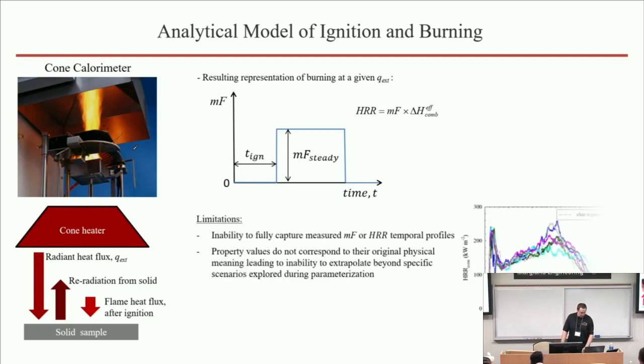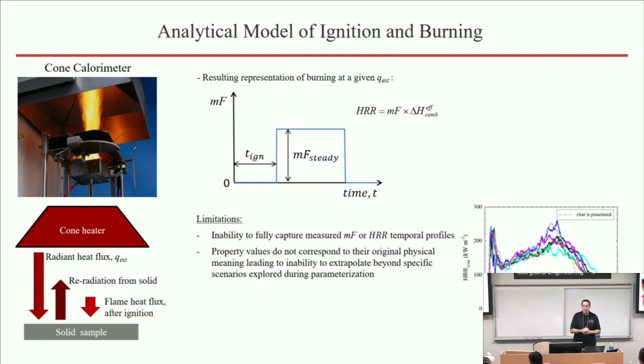One of the clear, straightforward limitations is that for most combustible solids, the burning rate, heat release rate, or mass loss rate profile doesn't look like a square wave, right? Many times it looks nothing like that. This is especially true for charring materials. Here's an example of the heat release rate measured in a cone calorimeter for polyvinyl chloride. There are multiple measurements combined together, and assuming that a square wave represents that heat release rate requires a lot of imagination.